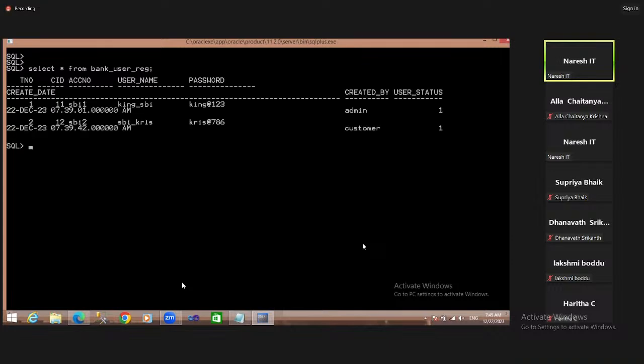Okay, today user is created. Next day onwards, we try to do some transactions. If you want to do the transactions, first you should log into your account. Right or wrong? You should log into your account. So this is the login form. You know that online internet banking. Once you log on to